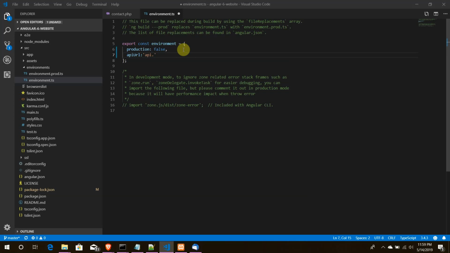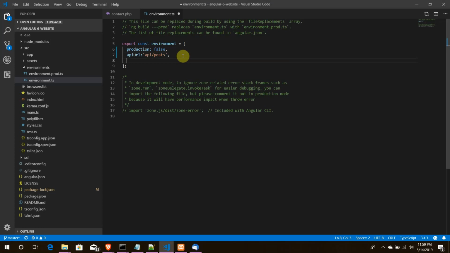I don't know why it's responding very slow. It's supposed to respond fast because of the configuration, but I'm not sure why. Okay, API slash posts. This is going to be our API URL, and let's specify the email URL, which is a link to our